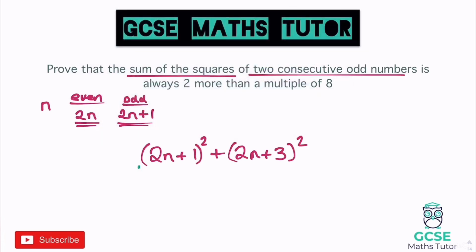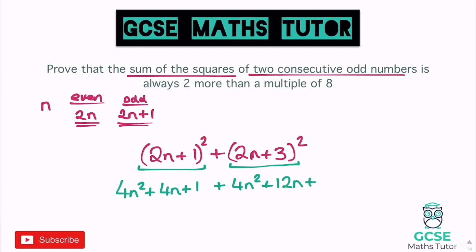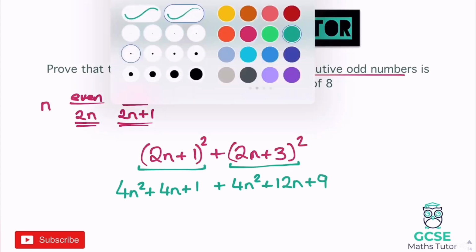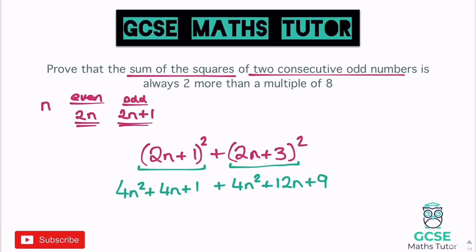So if I square this first one, that's a double bracket, remember, so we'd get 4n squared plus, we'd get 2n and 2n, so 4n plus 1. And for the one on the right here, we'd get 4n squared again, but it'd be plus 6n plus 6n, so plus 12n, and then 3 times 3 is 9, so plus 9. Right, let's have a look what happens when we tidy this all up. Adding together the 4n squareds gives us 8n squared, 4n plus 12n is 16n, and then 1 plus 9